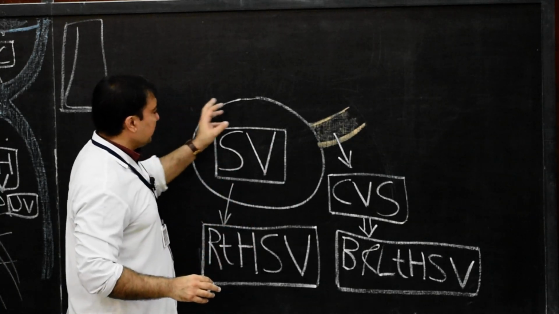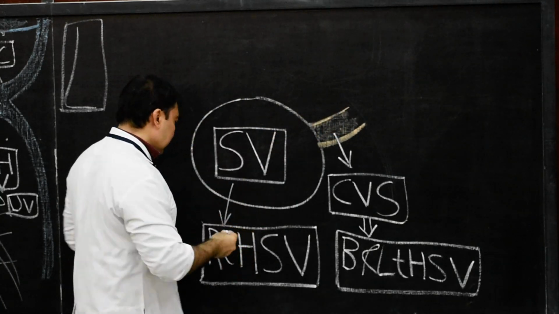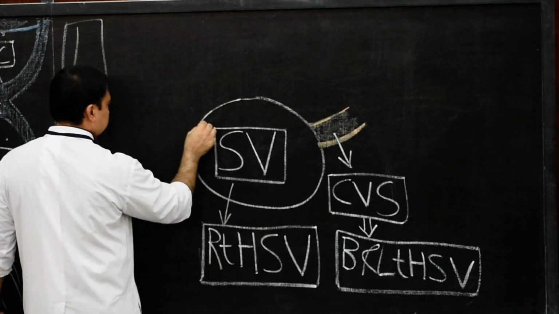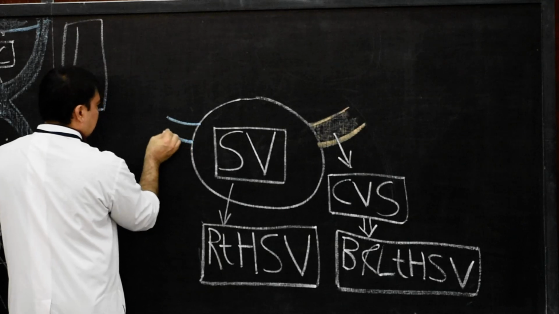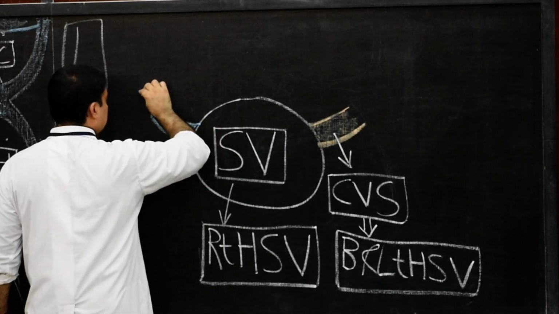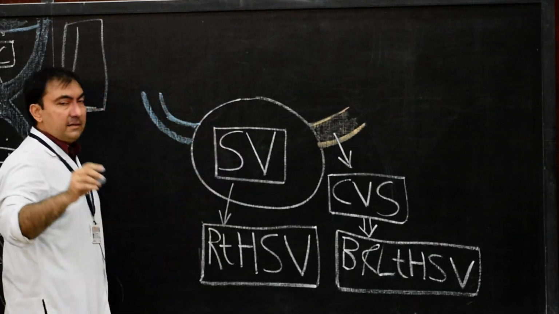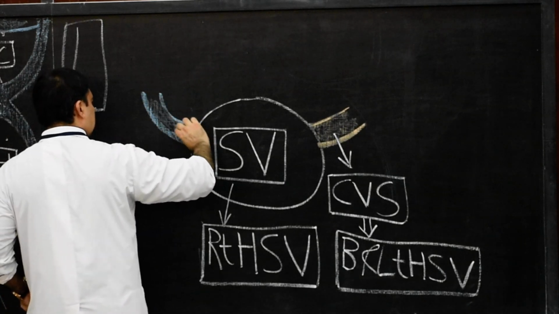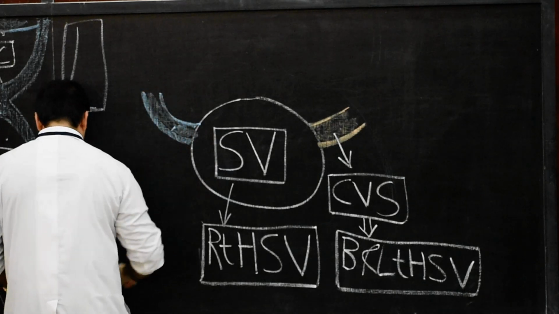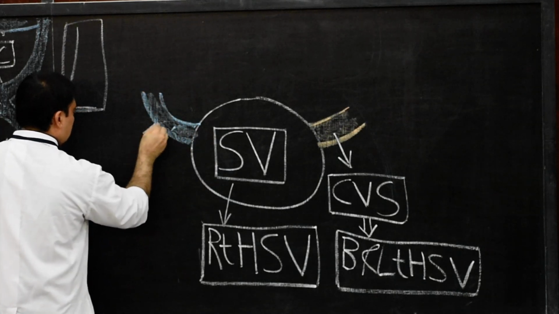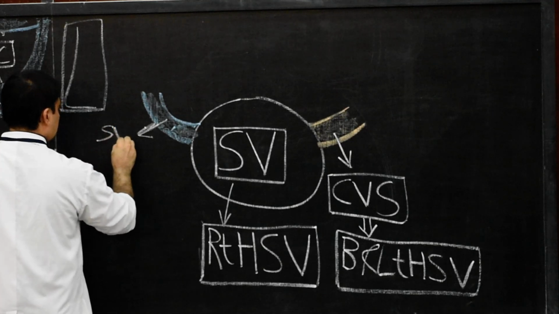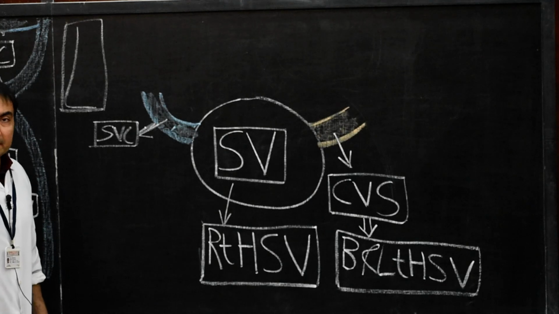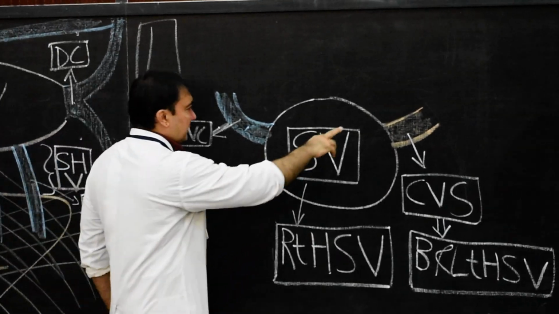What about the duct of Cuvier which will open here? Right duct of Cuvier. Now the right duct of Cuvier which opens here will develop into intrapericardial portion of superior vena cava. So here I can just write down as the superior vena cava. And which portion of superior vena cava? This will be intrapericardial.